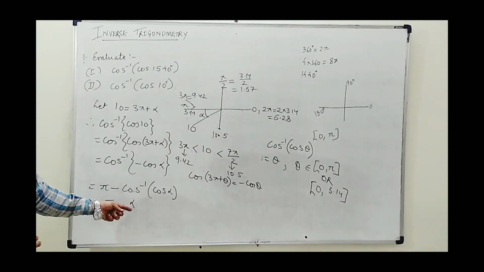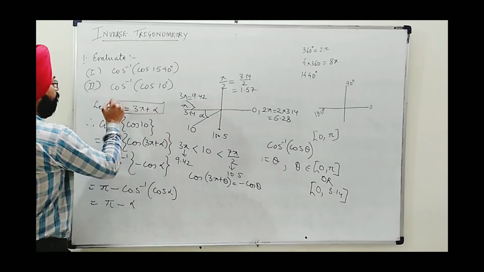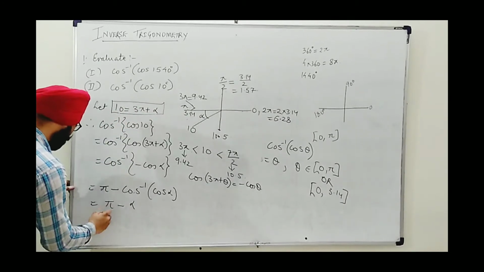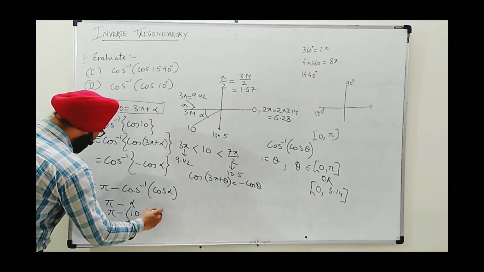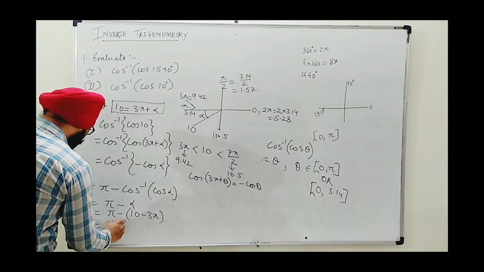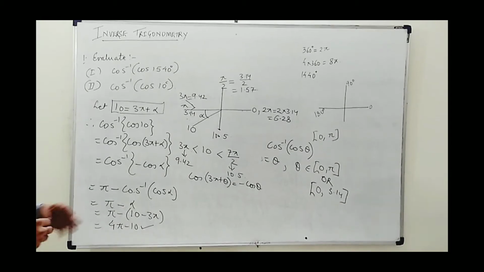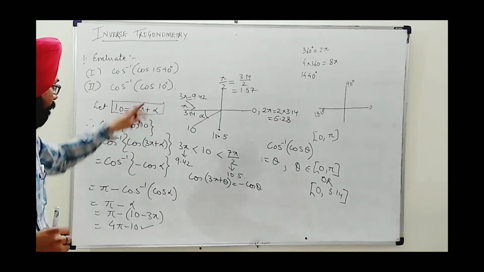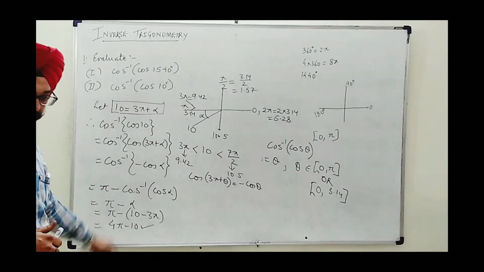But alpha was not given, this was just considered. So we will obtain the value of alpha from this relation. Alpha is equal to 10 minus 3 pi. Put in the value: pi minus, in bracket, 10 minus 3 pi. When we open the bracket, we find this becomes 4 pi minus 10, which is the final evaluation of the given expression. I hope this is clear to you. This was a different one, taking radian. Okay, so we can take one more example on the same. Please see.